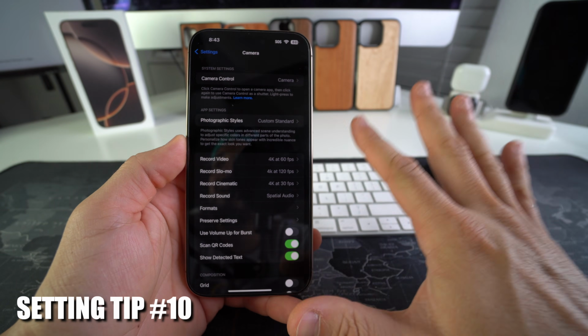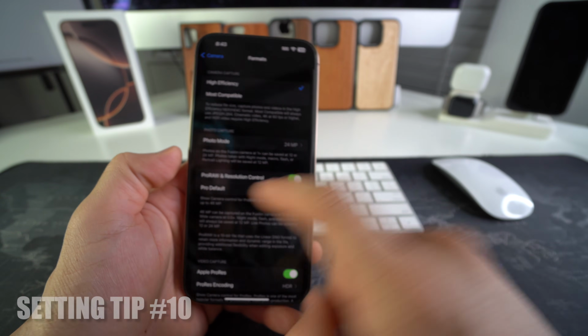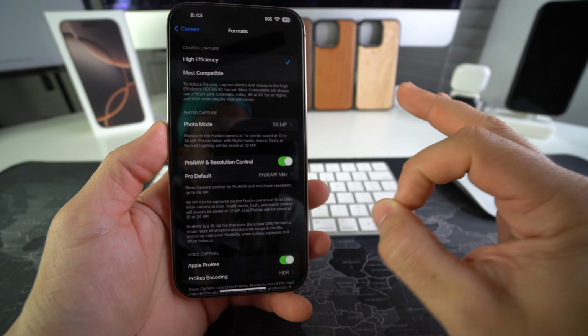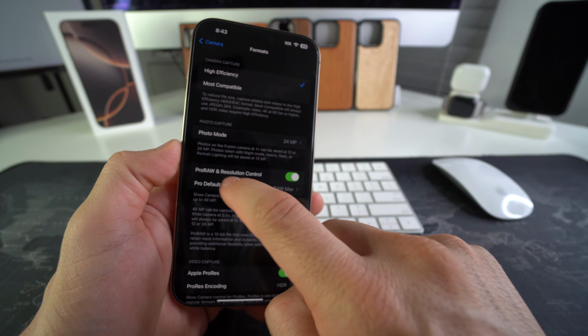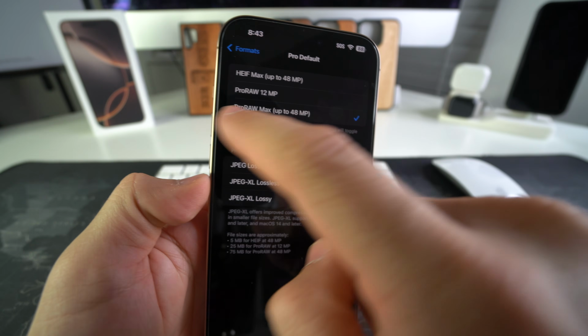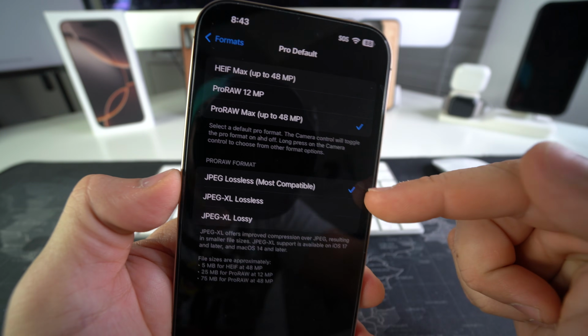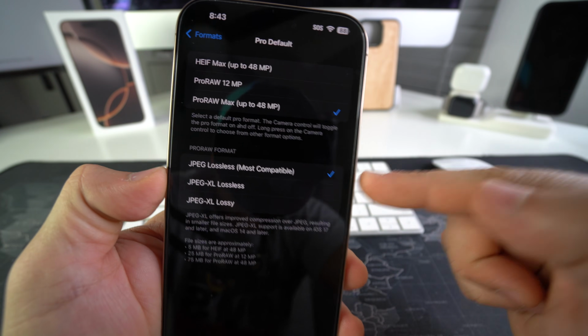So tip number 10, you want to scroll down, you want to go into formats, and you also want to enable Pro RAW and resolution control. This will allow your picture camera to take the highest quality pictures. And over here where it says Pro Default, you want to make sure that you have Pro RAW Max up to 48 megapixels selected. And here you also want to make sure that JPEG lossless is also selected,